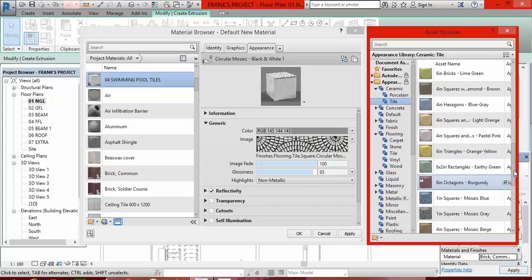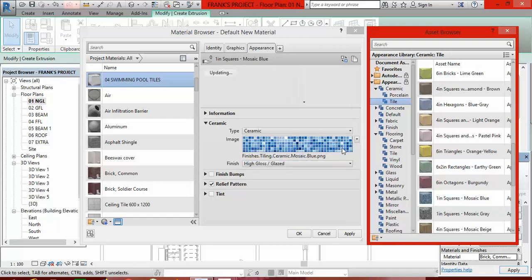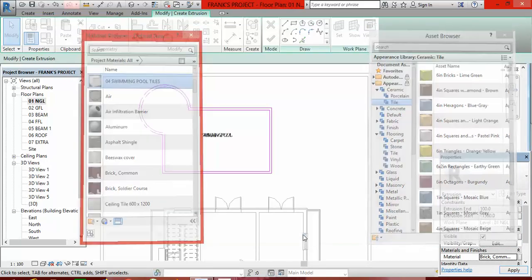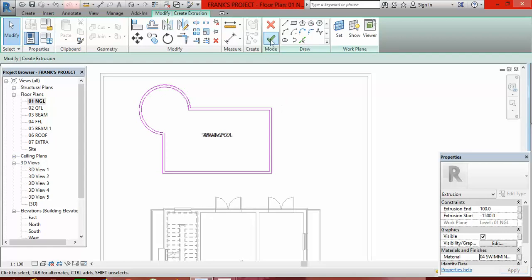Okay, I found what I'm looking for. This is the material I'm looking for actually. 1 inch squares, mosaic blue. So I click on this arrow here. This is the material I'm looking for my swimming pool. So I click OK. Then I click finish